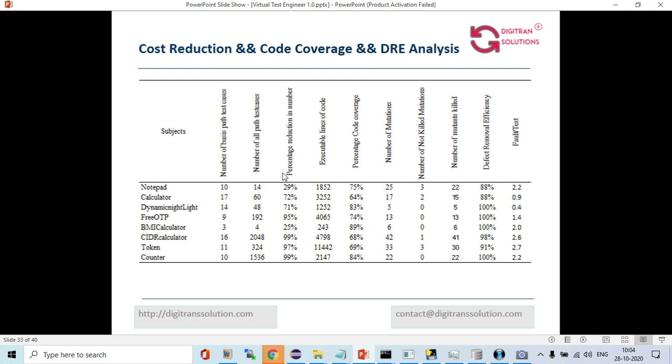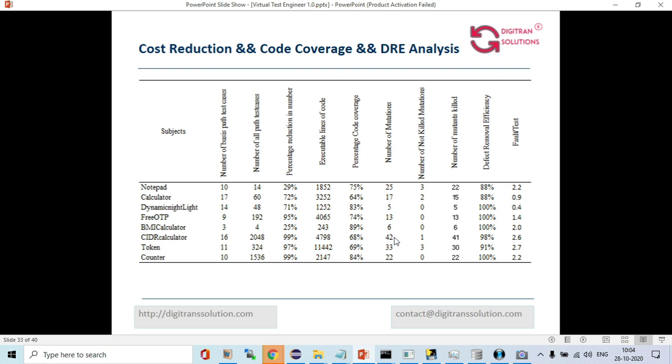But if you don't optimize the test cases, for example for CADR, the total number of test cases will be 2048. So we optimized 99% of the test cases. This is the cost saving. The number of lines of code is 4798, and the percentage code coverage is around 68%.